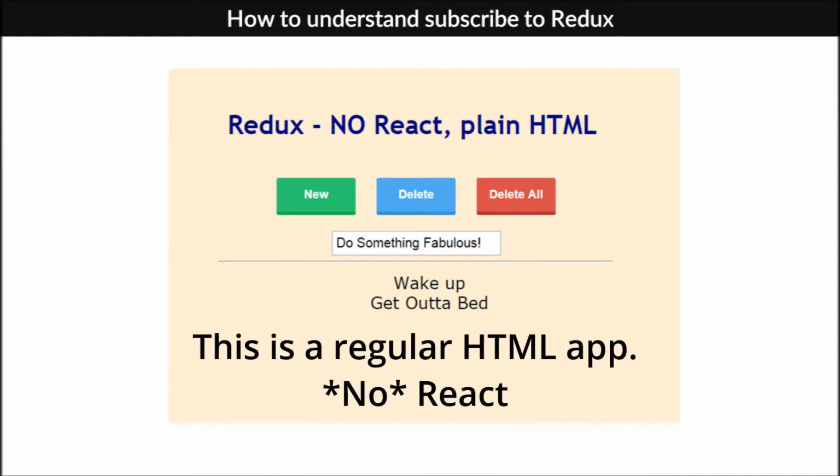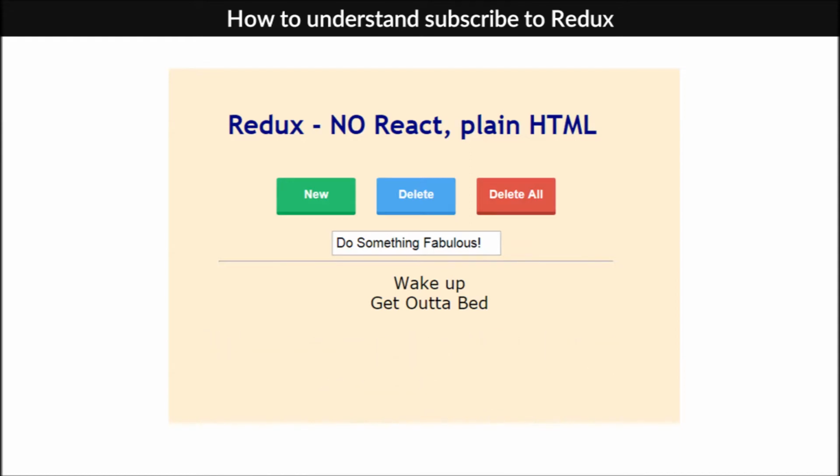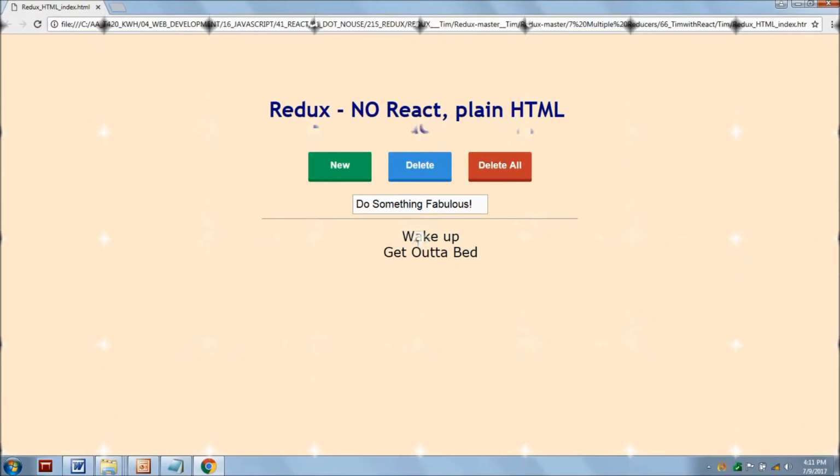application. Now, I know this video was about React with Redux, but I think it's worth exploring the subscribe part of the interaction with Redux, which means we can do that better and understand it better with an application outside of React. So here is the application with 3 buttons, and it's already got a couple of entries in the